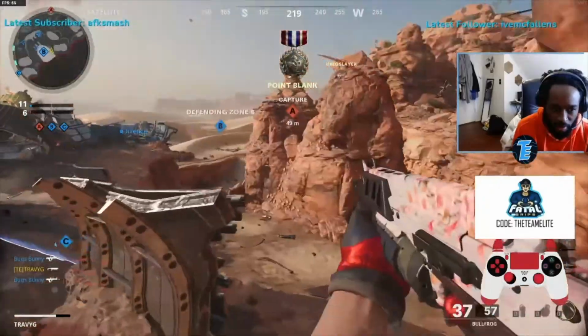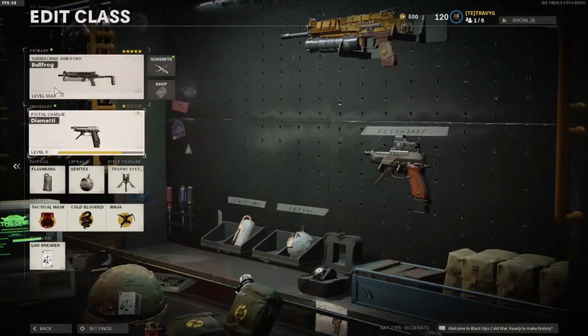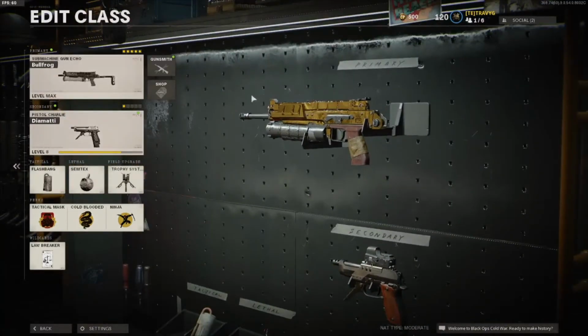So as far as the Bullfrog loadout goes, to get that best Bullfrog that you can get, all the secondaries, attack gear, lethal, field upgrades, perks, and all that, it's all preference. But for those grinding for CDL like me, there's certain gear and secondaries that you can't use with the Bullfrog. But as far as the loadout goes, for those that want to get that best Bullfrog,